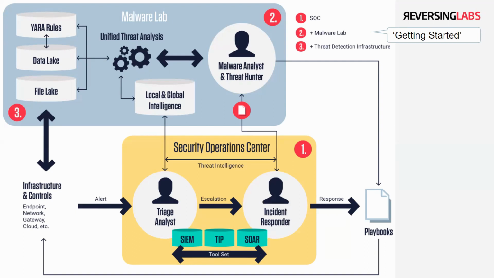But then the result of all that analysis is that you actually manage a repository of local and global intelligence. Now, local obviously is going to be very specific to you, but obviously you can incorporate a lot of other global intelligence. As an example from ReversingLabs, we would have our global repository always available. And so you can do your analysis locally, you can pull samples from the cloud or other intelligence from the cloud and bring it into the same